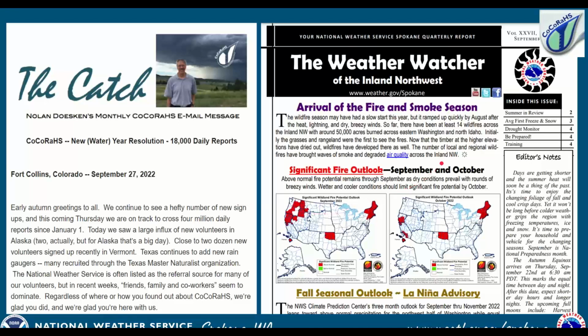And then with our office, we have a quarterly newsletter that comes out and is available online that gives you an overview of what happened over the last season, some fun maps for the outlook, and also more climate information as well. So those are available to get you more information of what has happened and some tips to get you ready for the upcoming season.